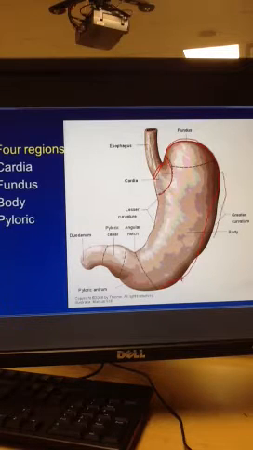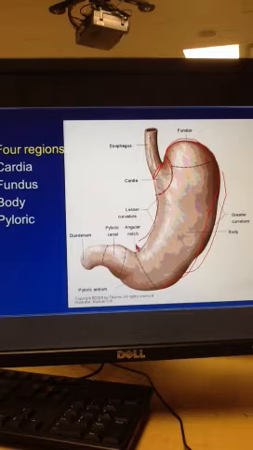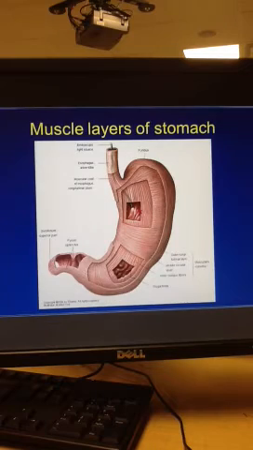This curve right here is the greater curvature, and here's the lesser curvature. And then you pass into what is called the pyloric antrum. And this is just sort of like a waiting room before substances pass through the pyloric canal, through the internal, or the pyloric sphincter right here, into the duodenum. And as food enters into the stomach, it is lined with rugae. You can see these ridges right here. Rugae are just ridges within the stomach. They allow for distension of the stomach or expansion of the stomach, and that's what allows you to accommodate the